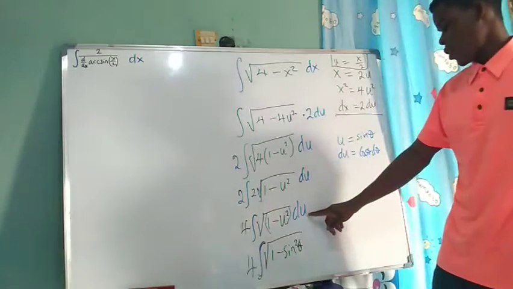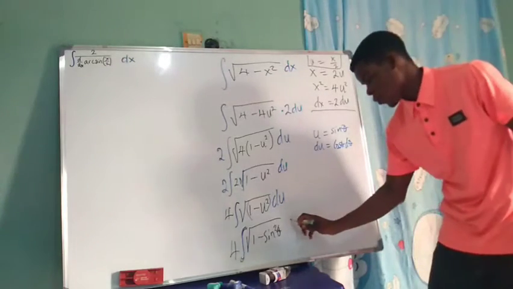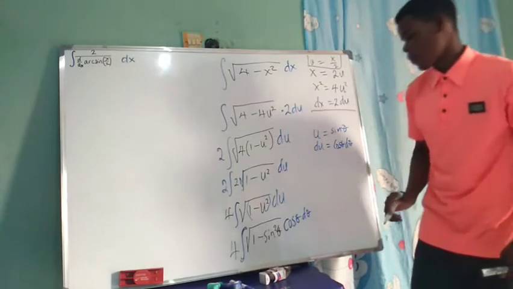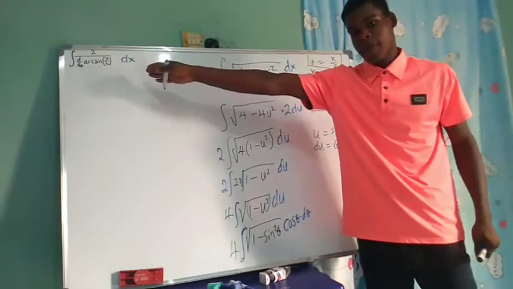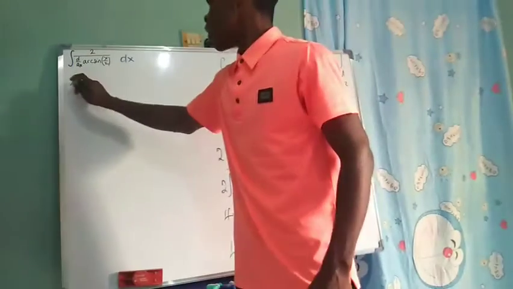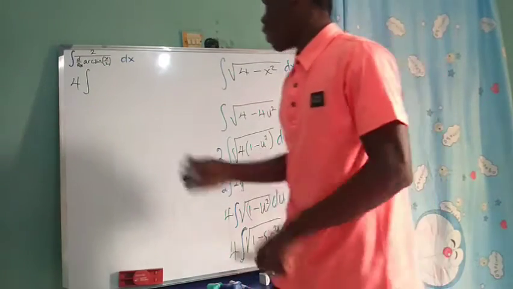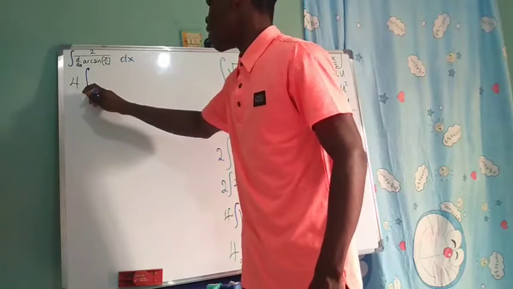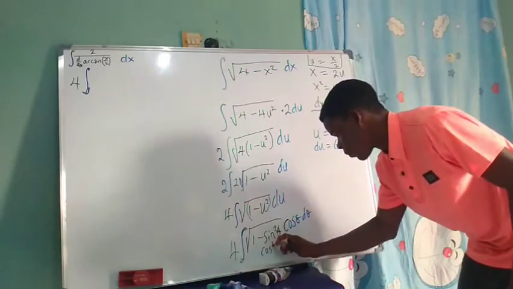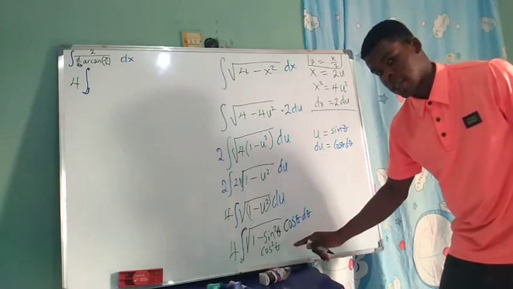Alright, and remember that the u is just sine theta, so we just plug in there for the u. We have cosine of theta d theta. So we can go on this part of the board. We just have it to be 4 times the integral of, now since 1 minus sine square theta is going to give us cosine square theta, and the square root of cosine square theta is just cosine theta,